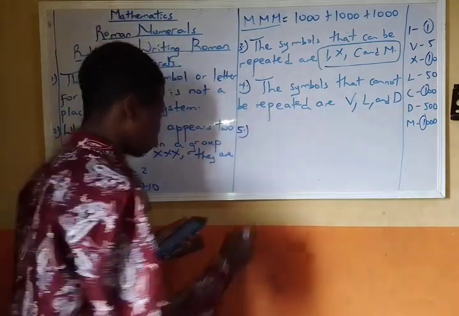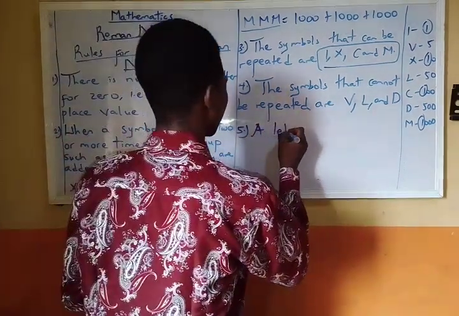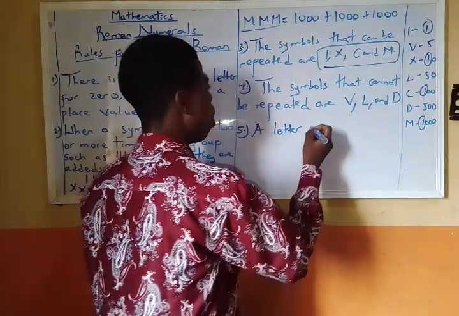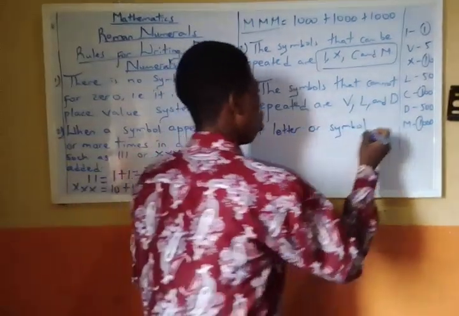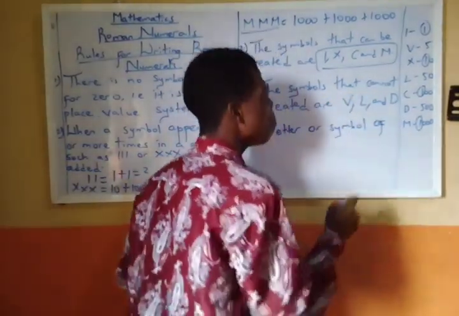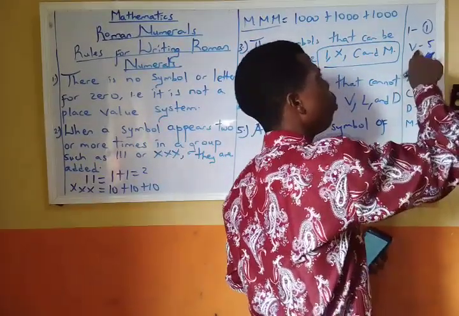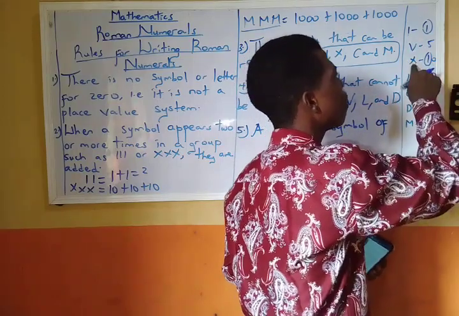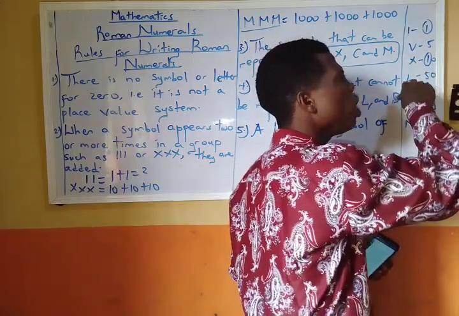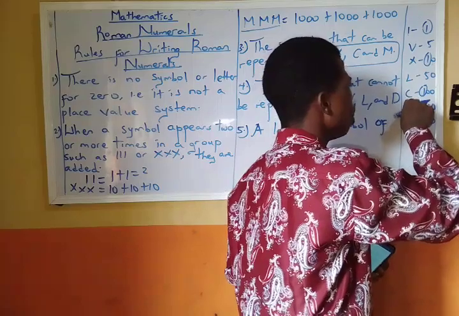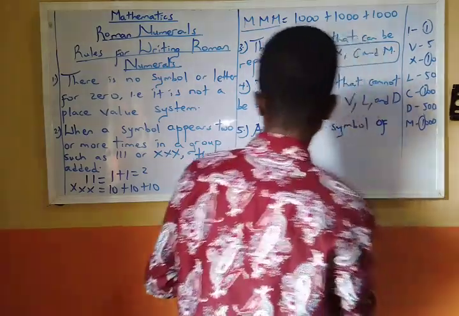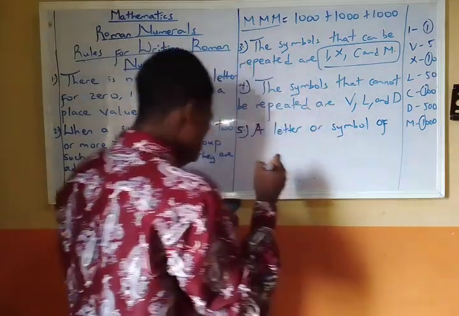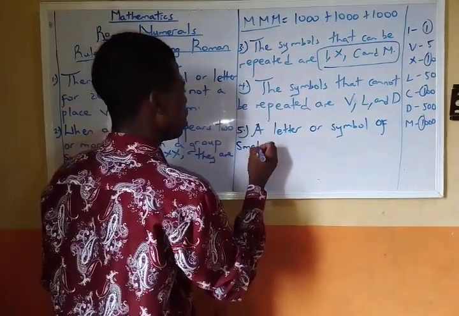That takes us to the 5th rule, that a letter or symbol of small value. Remember, what is the value of I? 1. What is the value of V? 5. What is the value of X? 10. What is the value of L? 50. What's the value of C? 100. The value of D? 500. The value of M? 1000. So a letter or symbol of smaller value